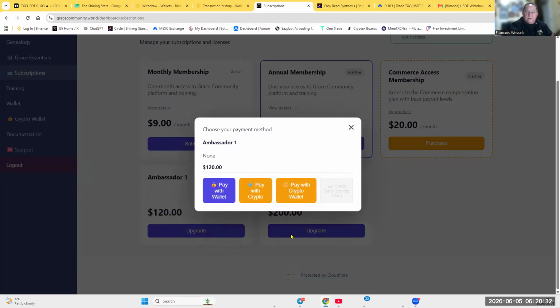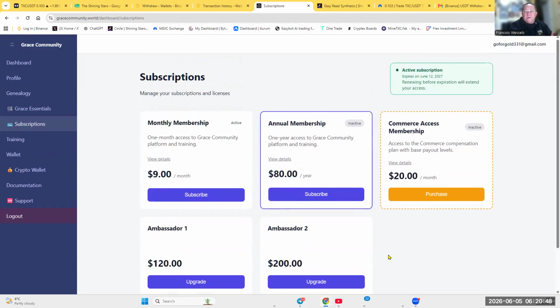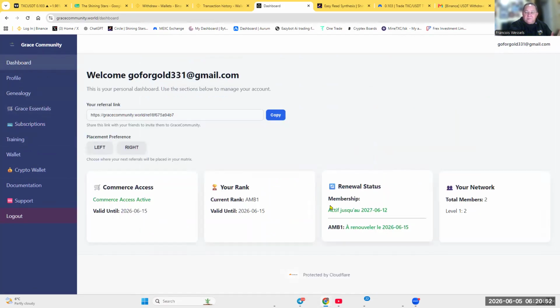So always make sure that you've got $5 extra in. So it's 120. Pay with crypto. There's going to be a fee charge. It's $5 and boom. I'm not going to do it at the moment because my payment is still done in my Grace. You see, it only expires on the 15th.